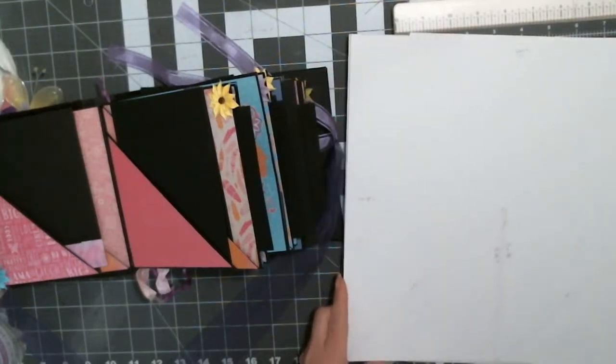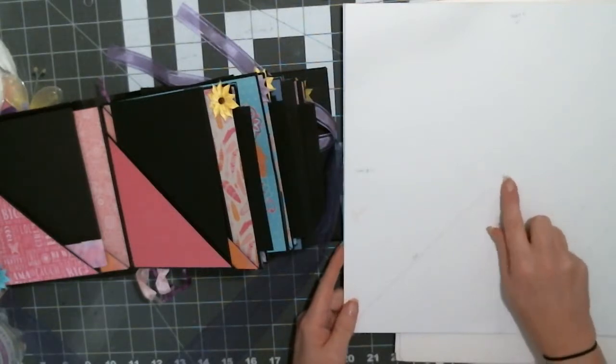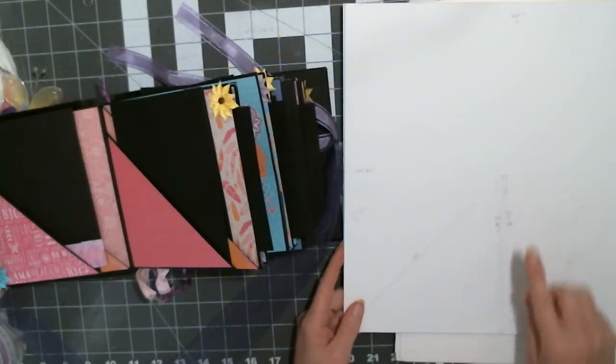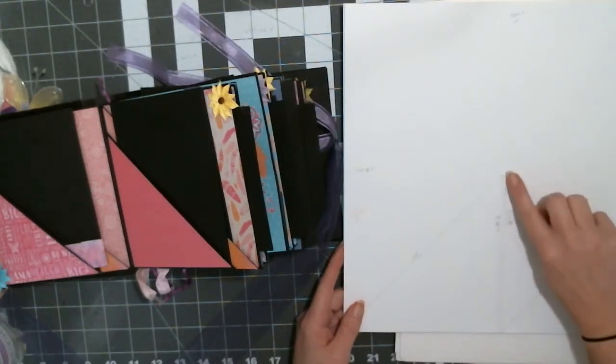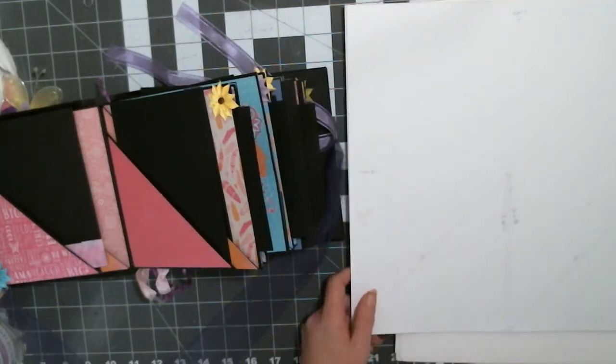Then when we get to this part, we are going to make a little tick mark at the 6 inches, right in the middle, and then a little tick mark at 6 1/8. You're going to do it down here on the bottom, make a tick mark at 6 and 6 1/8. And then you're going to draw a line or put it in your trimmer, and you're going to cut those two lines off. So you are going to be left with